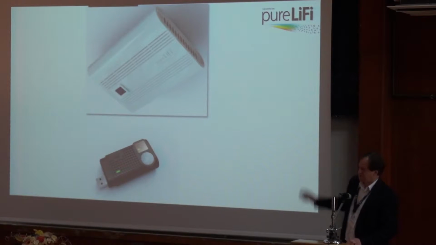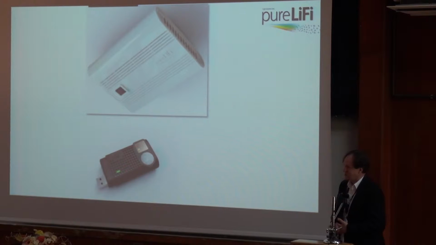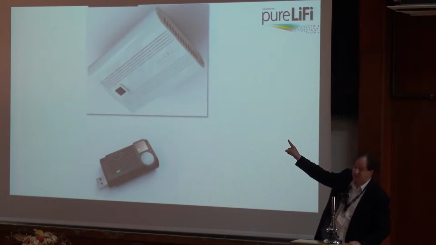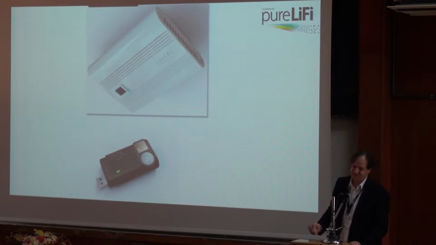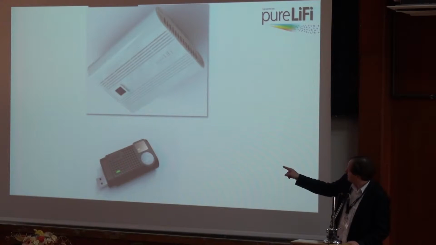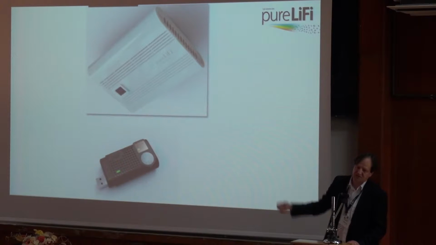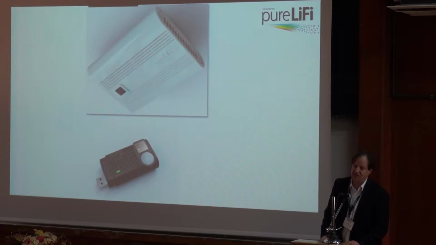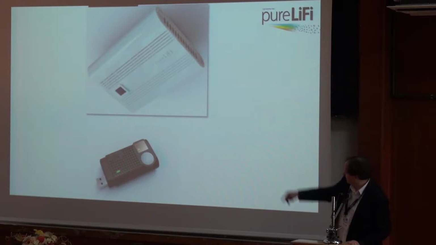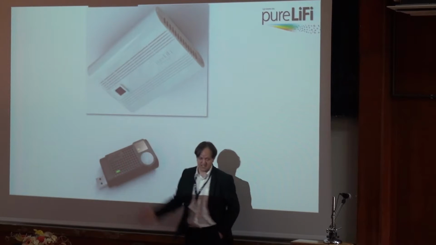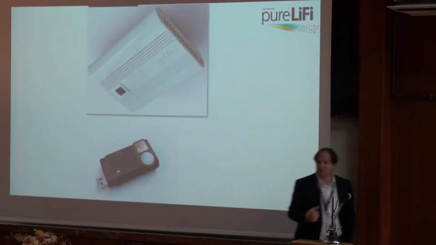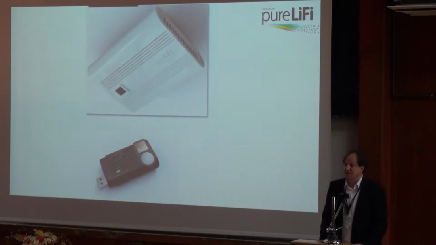I've shown you the concept, and I would like to also show you that the concept is already real. What you see here is a LiFi access point with a little black square. That's an infrared filter for an infrared uplink, so we need bidirectional communication. And that dongle here is a USB-powered dongle you put into your laptop, tablet, or computer, and you have a LiFi connection. You see two elements here: one is the receiver, and then the infrared LED for the uplink transmission. And that has been demonstrated at Mobile World Congress this year in Barcelona.